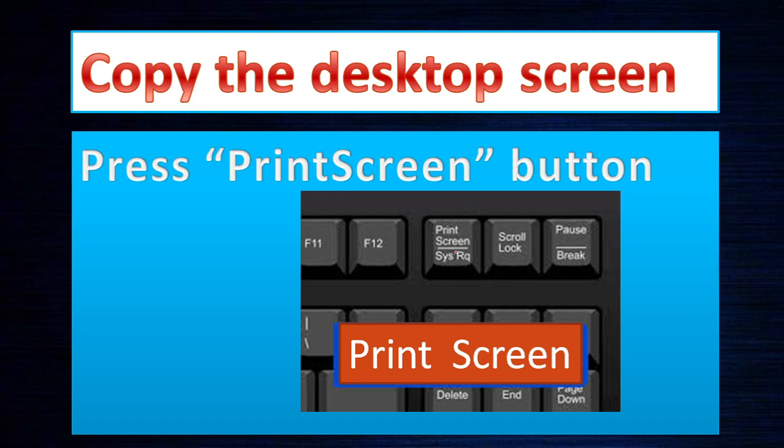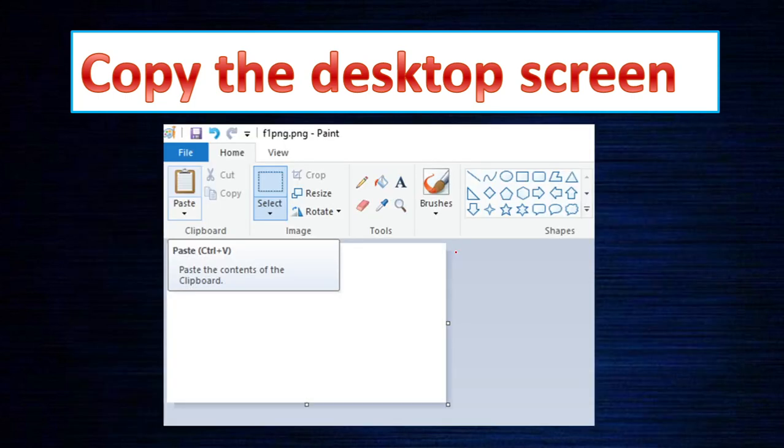Once you know the print screen button, it will be easy for you to capture whatever is on the screen. Sometimes you can't copy the screen, you can't right click, you can't save. When you can't save, right away go to print screen. That will go to memory. Once it's in memory, we can come back to Paint and say paste. When you say paste, the whole screen will be pasted in Paint. So we can use Paint to copy the screen and then paste it into Paint.